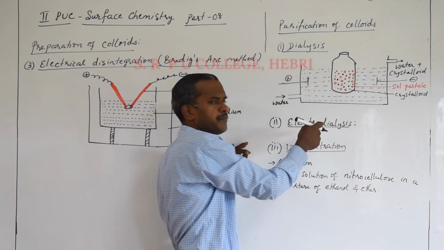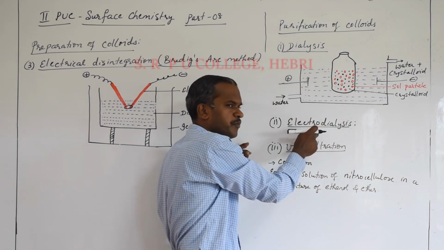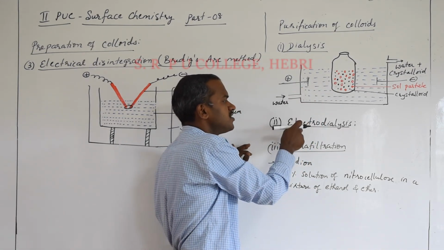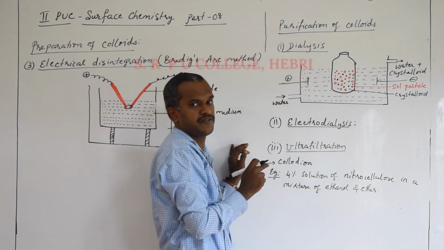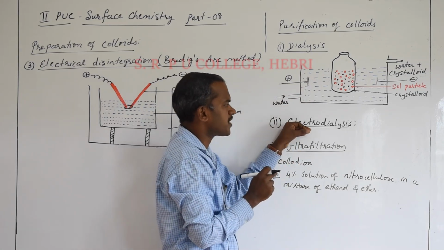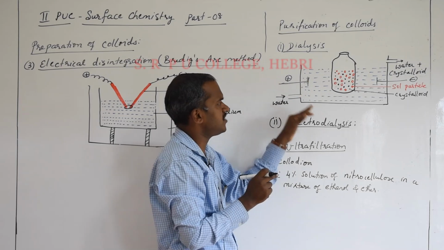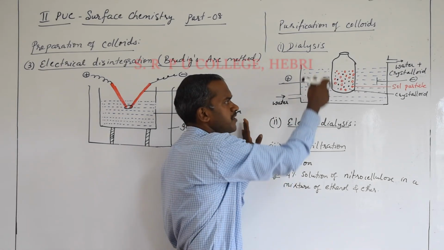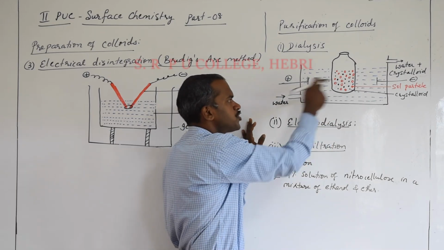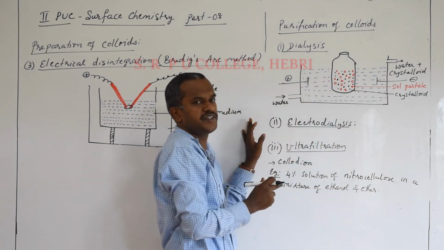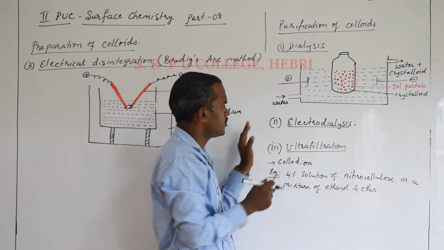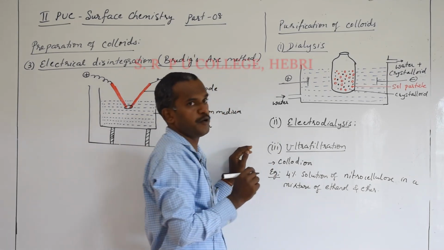So no need to give a separate definition again. It is also a process of separating the dissolved particles, but the difference is the presence of an electric field. Okay, so the process becomes faster. Apart from that, dialysis and electrodialysis are one and the same. Okay, so no need to explain again with one more diagram. I hope you understood. Only the electrodes are present extra in electrodialysis compared to dialysis. Okay, so that completes the second method of purification.